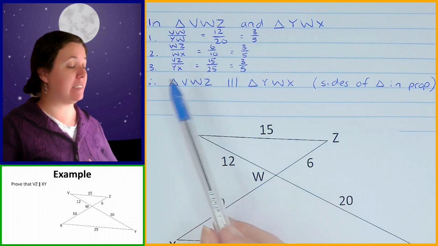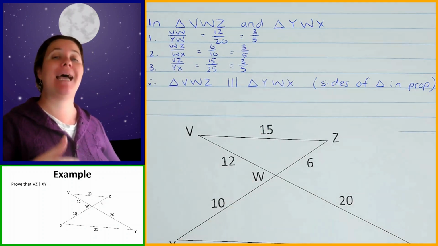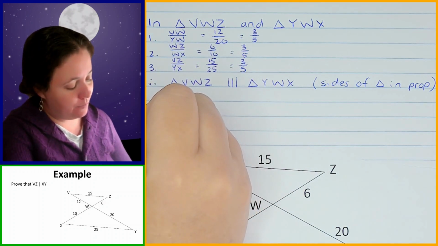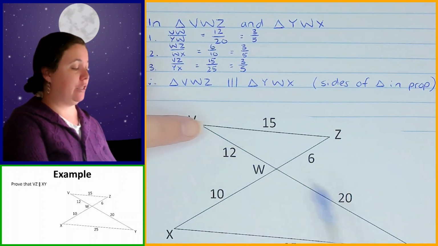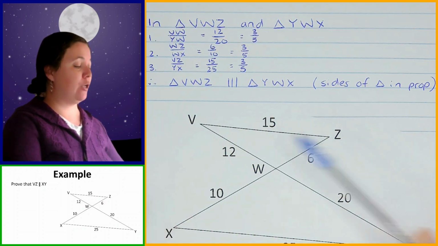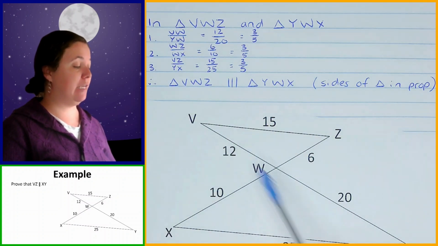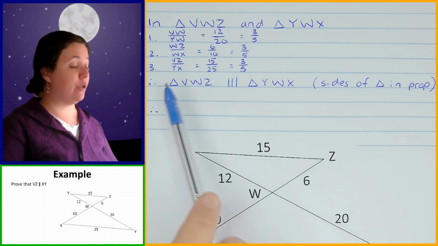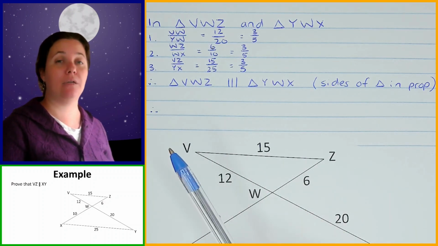We can now go and say, because we proved they are similar using proportion, that the angles must then be equal. So now I can say, therefore, angle... remember I was wanting to prove that these two angles are equal, because in order to prove that these two lines are parallel, I need to know that the alternate angles are equal. So now, because I've proved that these two triangles are similar, it means that their corresponding angles must be